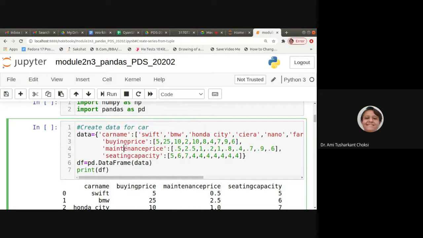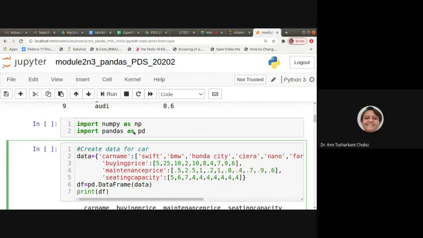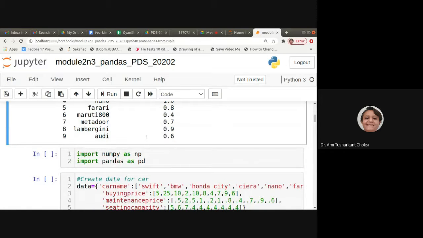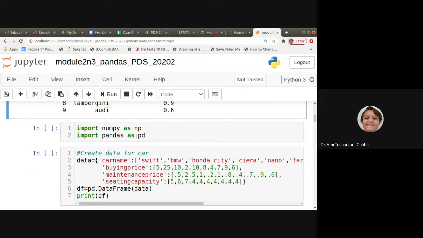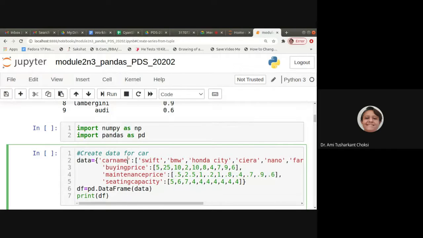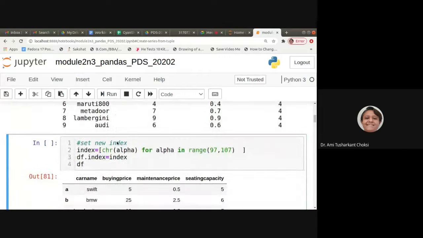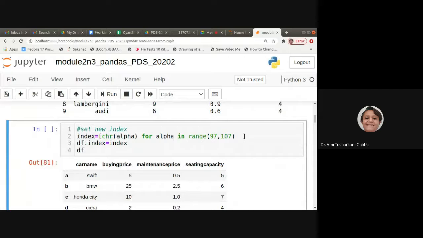Now, the same example is there, right? It's car name, buying price, maintenance. You can say, ma'am, why have you put it again? See, many times it happens that while I teach this and the lecture is over at this particular time, we have to copy that data from there. It happened, isn't it? So it is coming here. It is the same thing which we have already run. Fine. Okay. So let us proceed further.